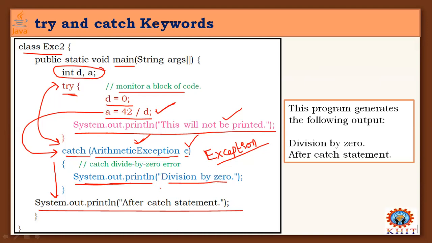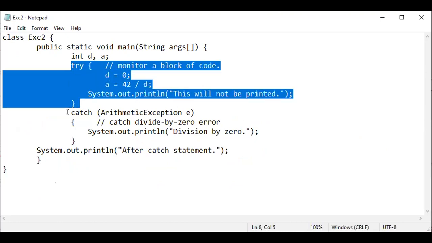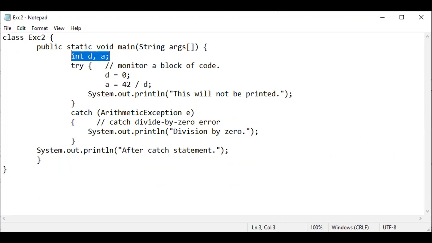And don't bother about how exceptions can be generated and how we are going to handle them. We are just informing and handling that exception to save our program from abnormal cases, right? This is the output. Now go to the execution part of this one, exception 2. See here, this is the same code. I have taken a try block here, later a catch block, and after the catch block, the main method statements, and another instruction statement defining a variable.